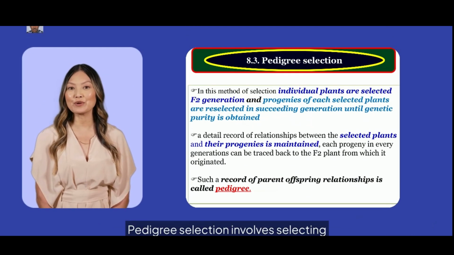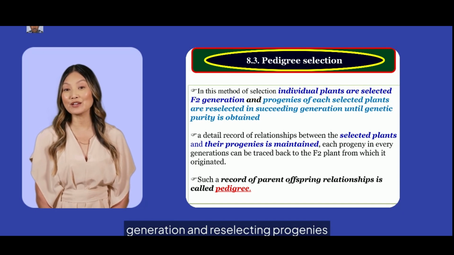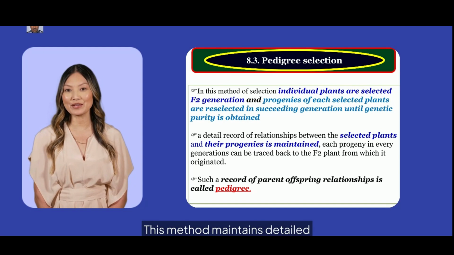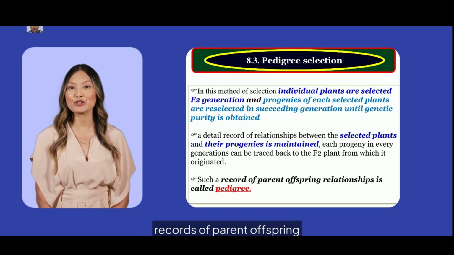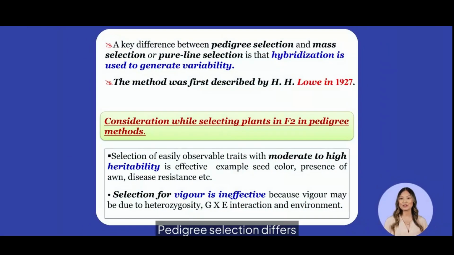Pedigree selection involves selecting individual plants in the F2 generation and reselecting progenies until genetic purity is achieved. This method maintains detailed records of parent-offspring relationships, known as pedigrees. Pedigree selection differs from mass or pure line selection by using hybridization to generate variability. First described by H.A. Lowe in 1927, it focuses on traits with high heritability, avoiding selection for vigor due to